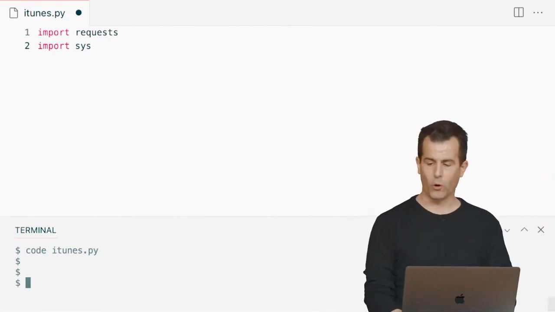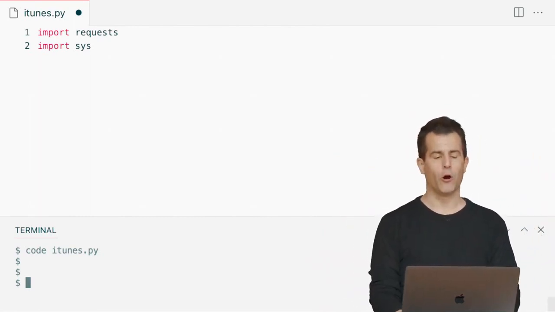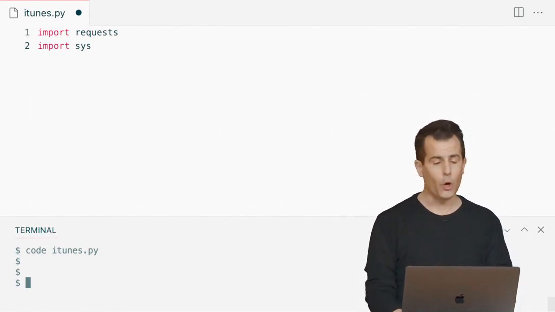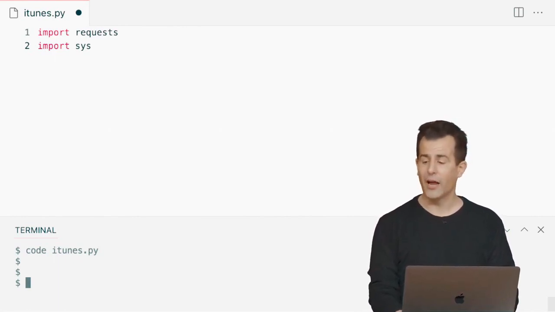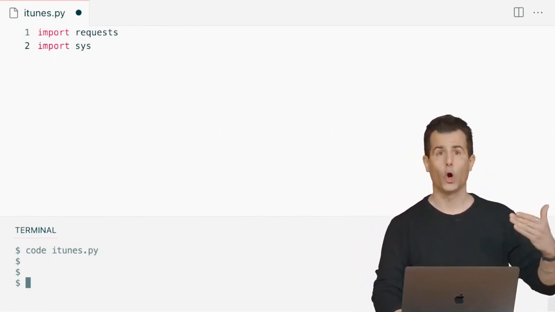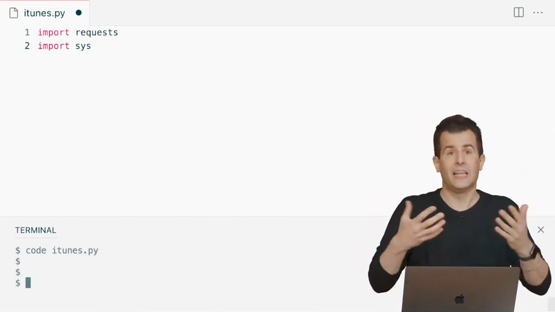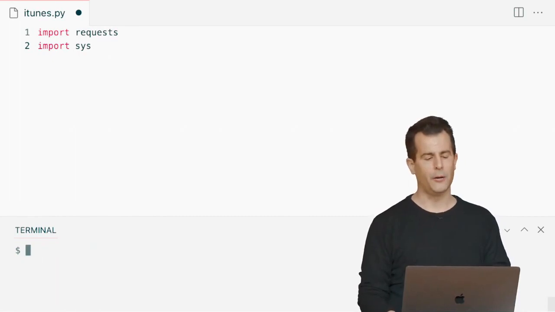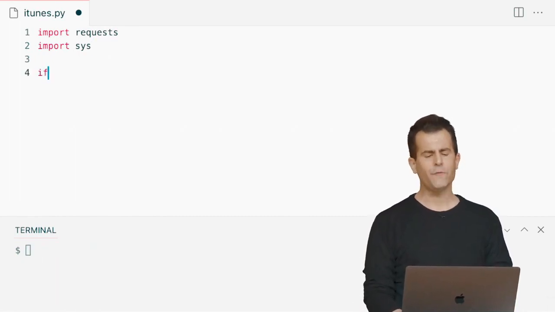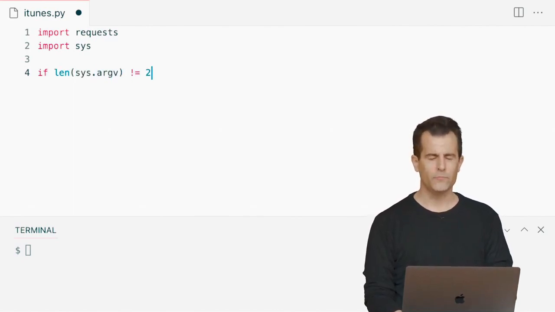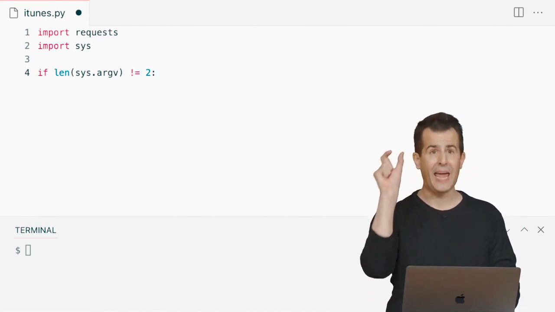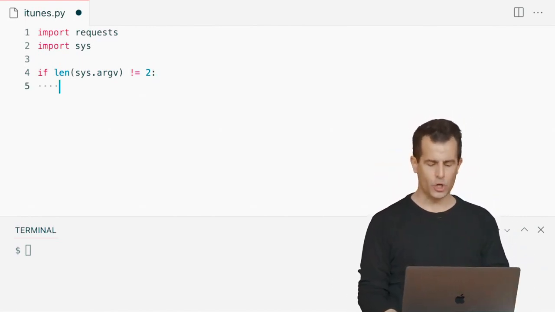I'm going to go here and import first the requests library, which I installed earlier in order to make those HTTP requests. I'm going to import the sys library, via which I'll have the ability to use command line arguments like specification of the band that I want to search for, if not Weezer. And then down here, I'm going to insert some error checking to say if the length of sys.argv does not equal 2, so if the user does not provide me with the name of the file they want to run and the name of a band, and that's it, you know what, let's just go ahead and